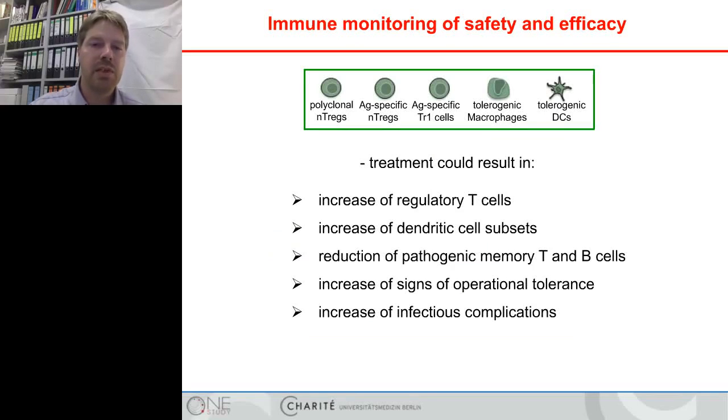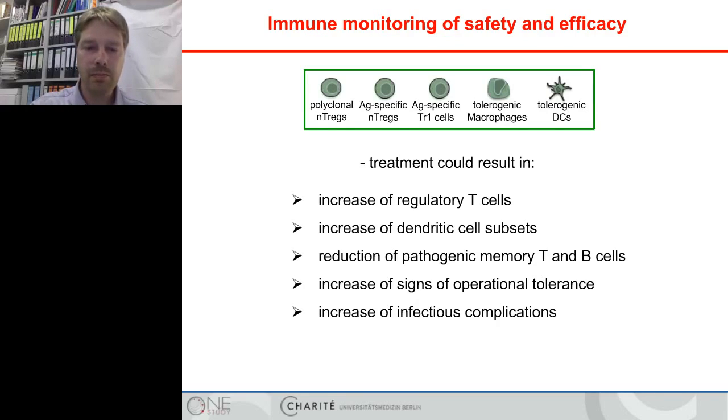Following experimental results, for a treatment with immunoregulatory cells various effects can be expected on the composition and function of the recipient's immune cell population. A treatment could result in an increase of recipient regulatory T cell populations, maybe also in an increase of dendritic cell subsets or in a reduction of pathogenic memory T and B cells. It could also increase signs of operational tolerance, or in a worst case scenario, also an increase of infectious